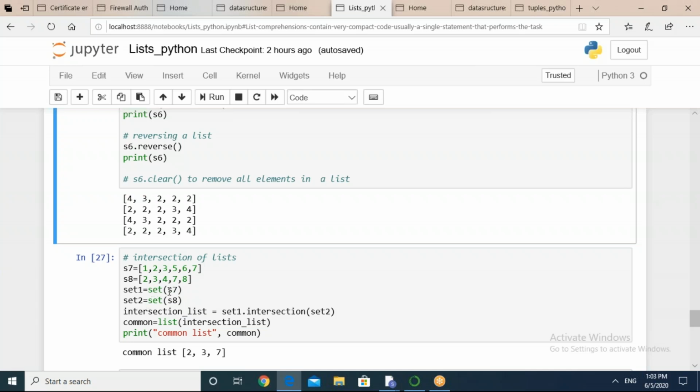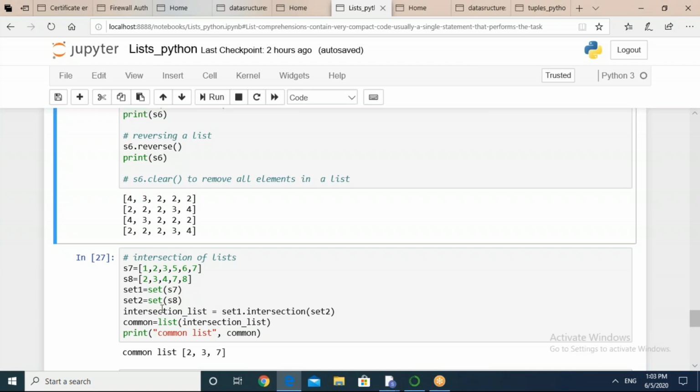In set1, I'm going to assign my list S7 after converting it to a set. Just look at the set keyword. It is in green color. It means set is a method. Set is not a normal variable or some other thing. It is an inbuilt method, and I have converted the S7 list into a set. Similarly, S8 is converted into a set.